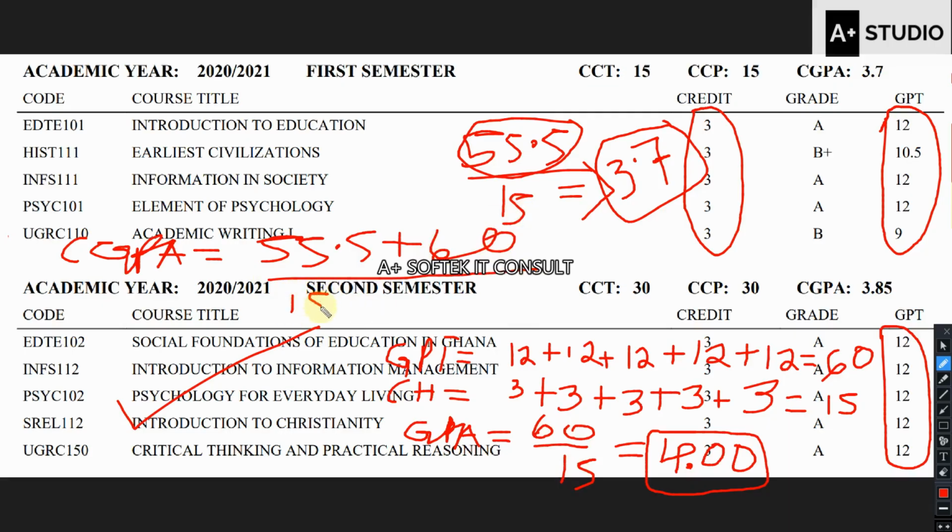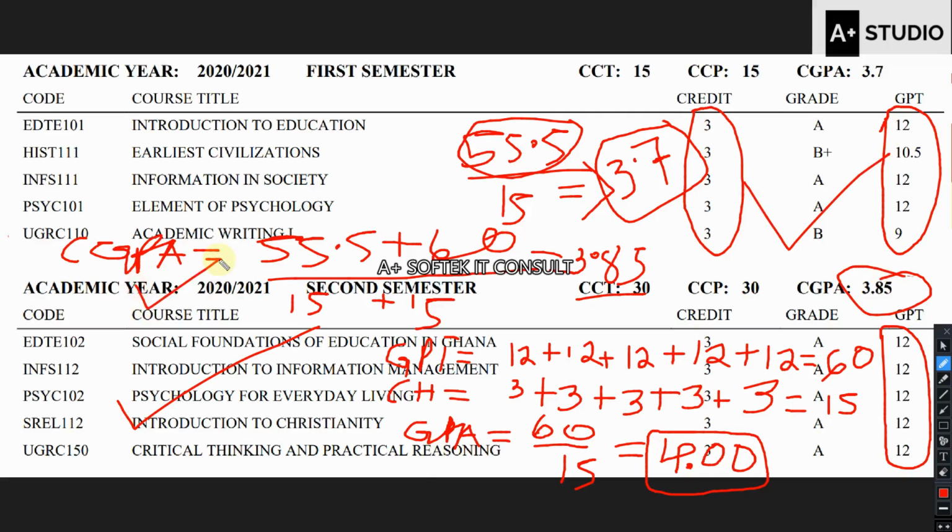This was 15. This was also 15. If we add this, what are we getting? 55.5 plus 60, this is 15. Yeah, so we are getting what? 3.85. And as you can see from here, we have CGPA. So that is it when it comes to the GPA and then CGPA at the University